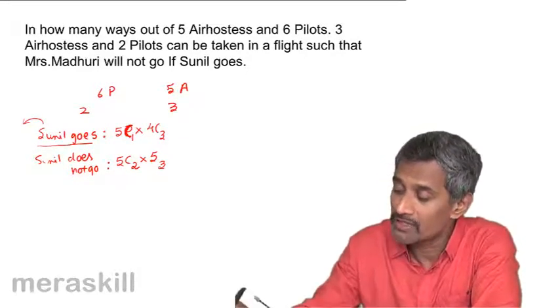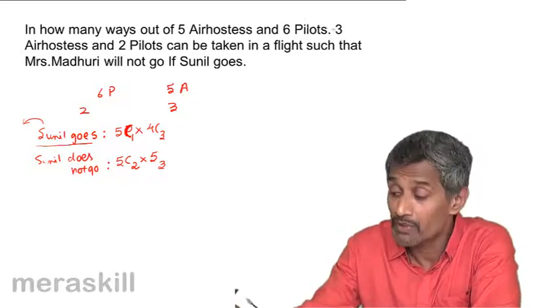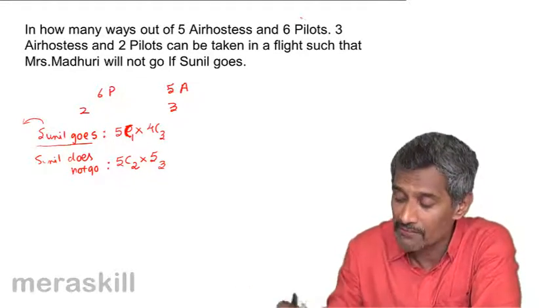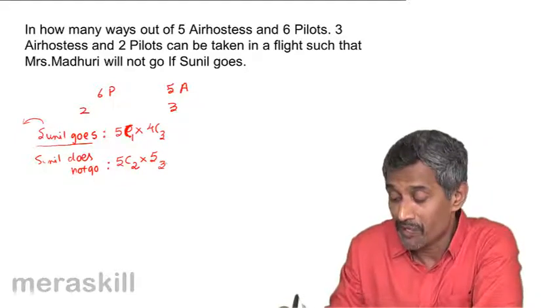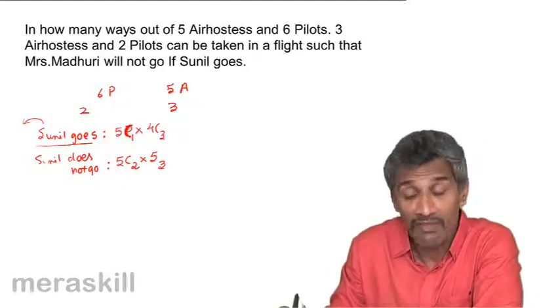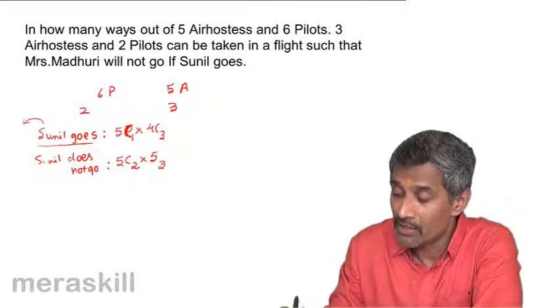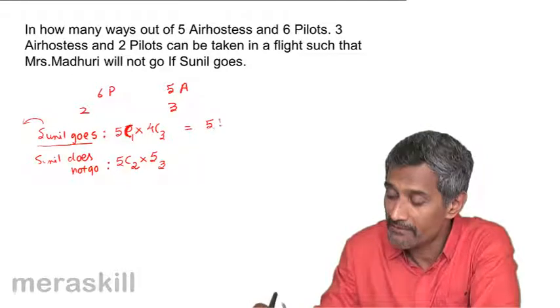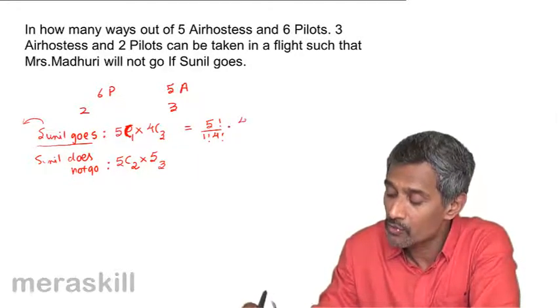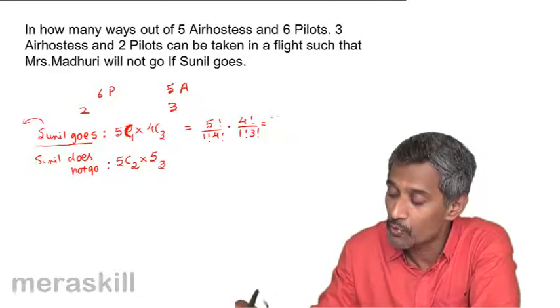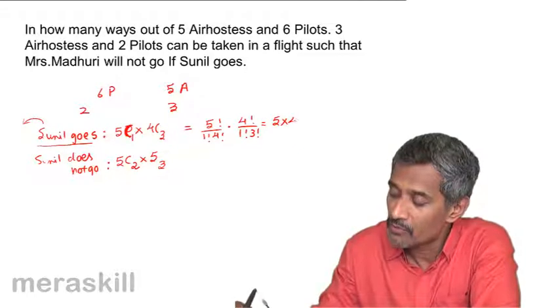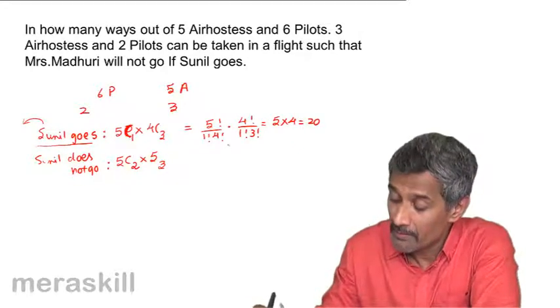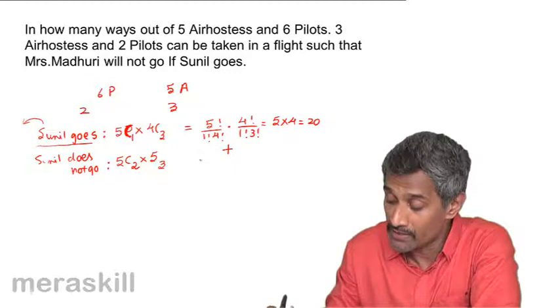That means out of the 6 pilots, 1 of them is out, but the 2 have to be selected out of the remaining 5. So in 5C2 ways, the remaining 3 air hostesses will have to be chosen out of 5 air hostesses. Now let's see what this turns out to be. It's going to be 5 factorial upon 1 factorial into 4 factorial into 4 factorial upon 1 factorial into 3 factorial, which is 5 into 4, that is 20, plus, because it is odd, it's going to be 5